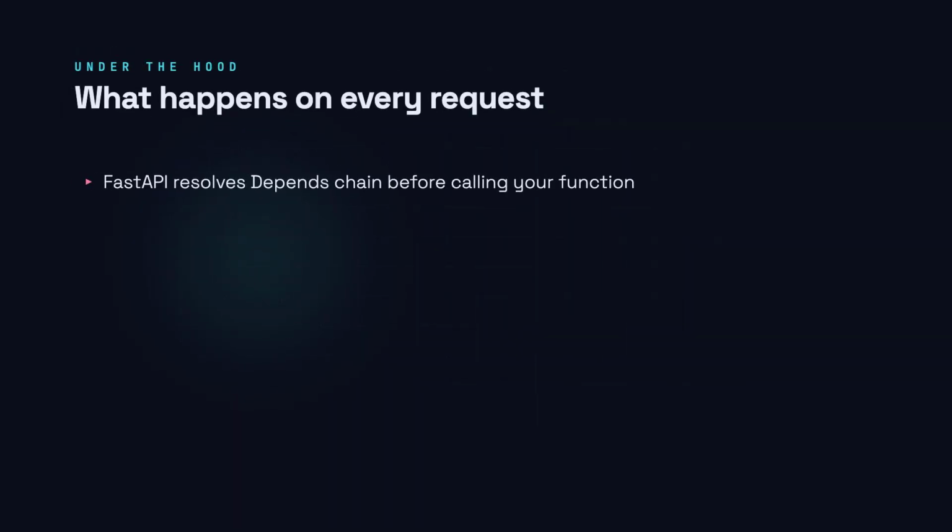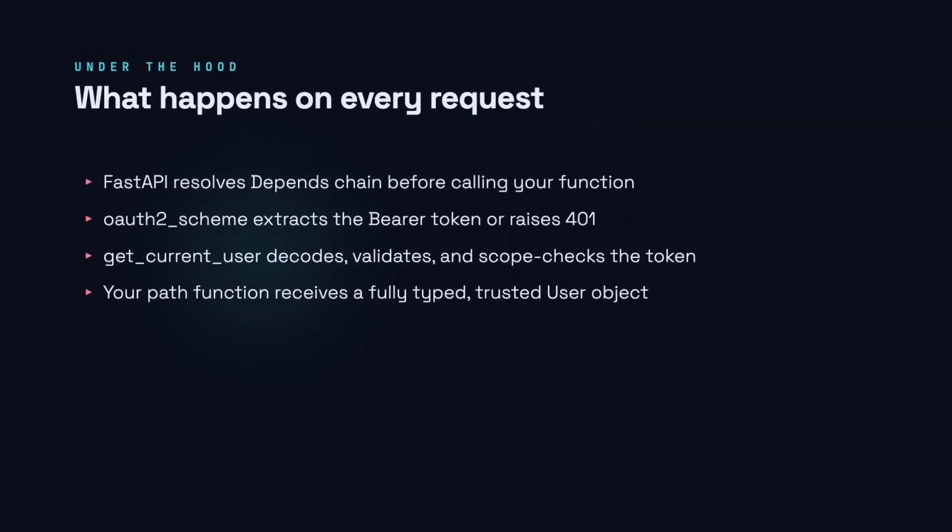When a request arrives at /items, FastAPI sees the Security declaration and starts resolving the dependency chain before it ever calls your function. First, oauth2_scheme tries to find the authorization header and pull out the bearer token. If it is missing, FastAPI returns a 401 immediately. If the token is present, get_current_user runs, decodes it, and scope checks it. Only if all of that succeeds does FastAPI call read_items, handing it a clean typed user. The bonus is that the scopes you declared show up automatically in the interactive Swagger docs, so your API is